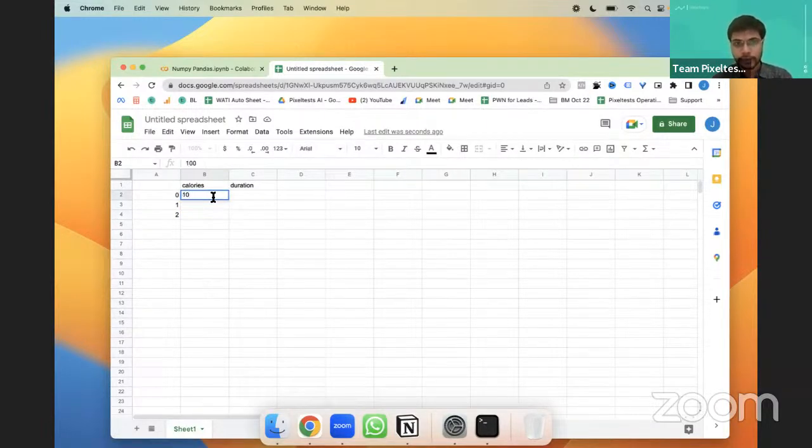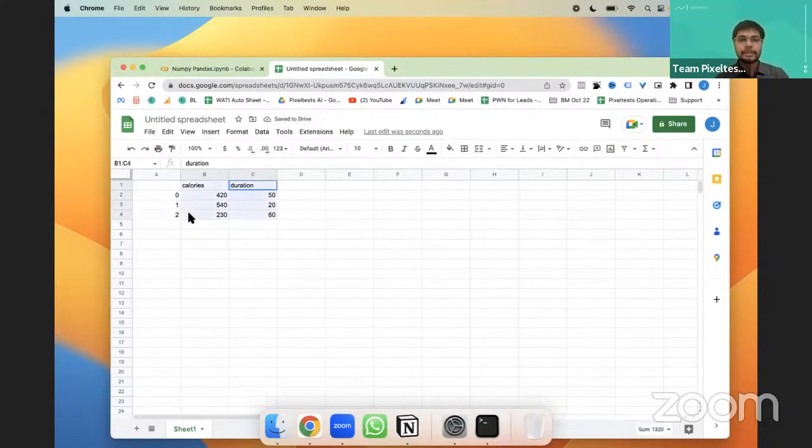The first item has 420 calories and the duration in which this was consumed is 50 seconds, right? Similarly, you have two rows additionally. So this is a table, right? Let's just say 540, 20 seconds, and then 230 calories in 60 seconds or minutes, whatever it is.